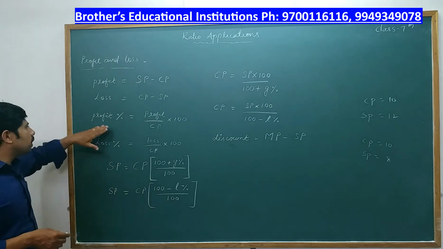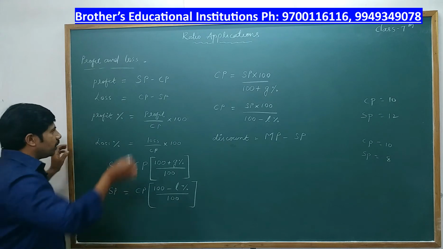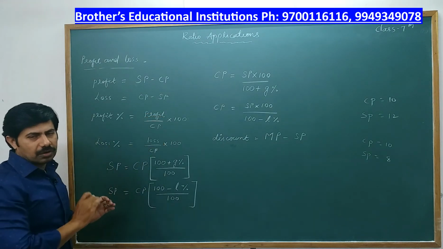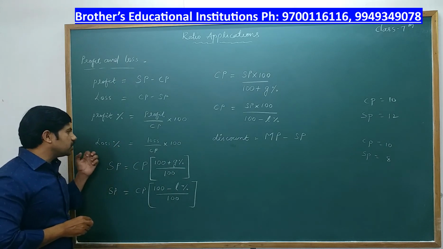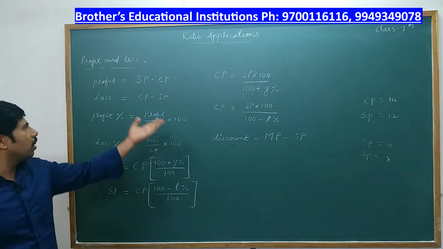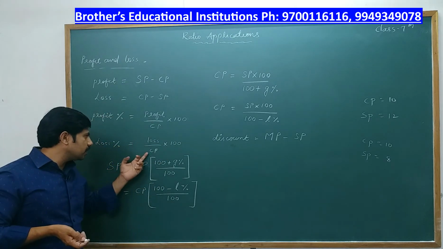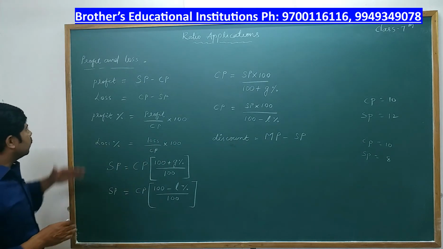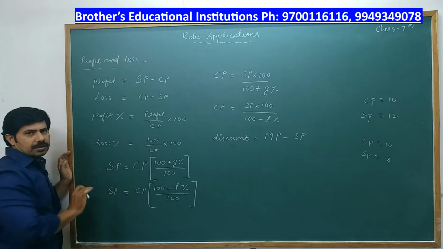With an example, you can refer to these formulas. Now, but here, percentage of profit. How to find the percentage of profit? First we have to find out the profit, then profit by CP into 100. That is percentage of profit. Then loss percent. What is loss percent? First you have to find out the loss, then loss by CP into 100. These are all formulas. I think up till here you know these formulas from your lower classes.